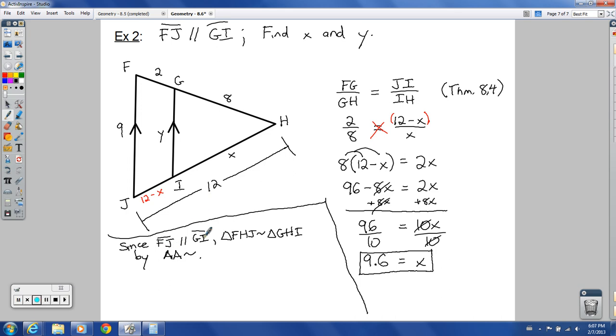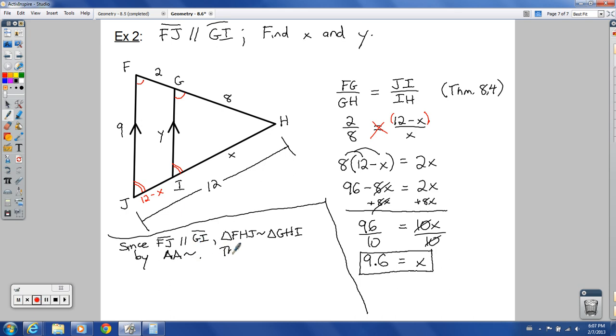So FJ parallel to GI. That would mean in the picture I could actually add that this matches up with this and that this matches up with this. These are corresponding angles. Alright, parallel lines, corresponding angles. If they're parallel, corresponding angles must be congruent. And you actually have this one as well, so you could actually say angle, angle, angle, but all you need is two angles to prove that things are similar. So I've got angle, angle matching up with the big triangle, angle, angle,